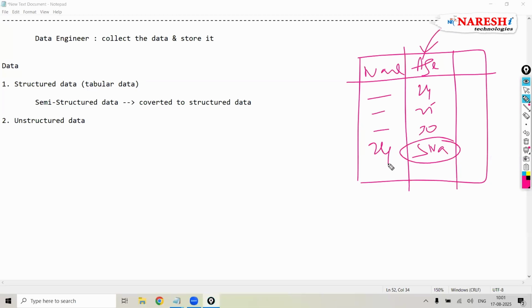So in the name column, you have to write name only. In the age column, you have to write age only. You can't modify like that. So it has a proper structure, which is called tabular data, right? And